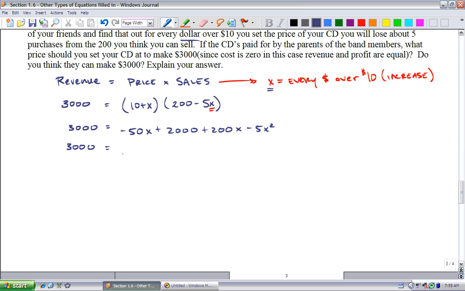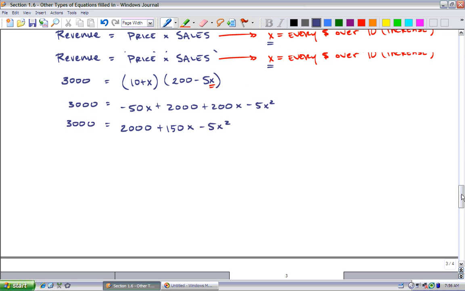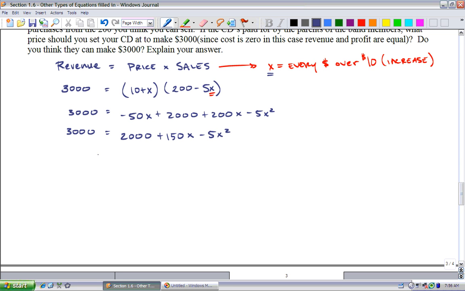I'm just going to bring some terms together, so we get 2,000 plus 150x minus 5x squared. Now what you should recognize here is that this is actually a quadratic, and that we need to begin to get everything on the same side. And I'm actually going to bring everything over to the left so my leading coefficient isn't negative. So I'm going to end up with 5x squared minus 150x plus 1,000